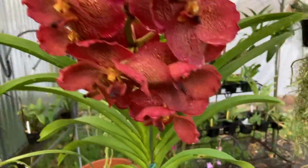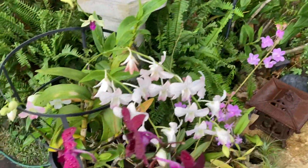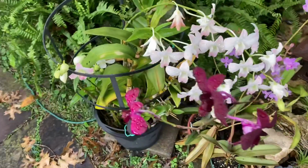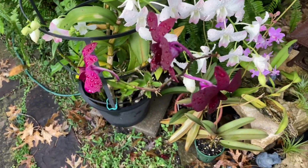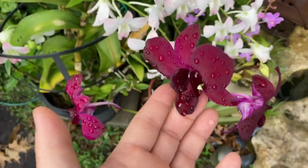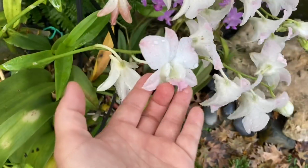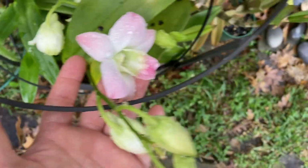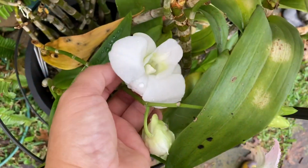All right, second one, let's go to. I have this bunch of Dendrobium phalaenopsis all clustered together. There's like 8 different ones, and this one is blooming. I believe none of them has any ID, so they're all no ID. This one is actually slightly different from this one, believe it or not. I have a white one right here,